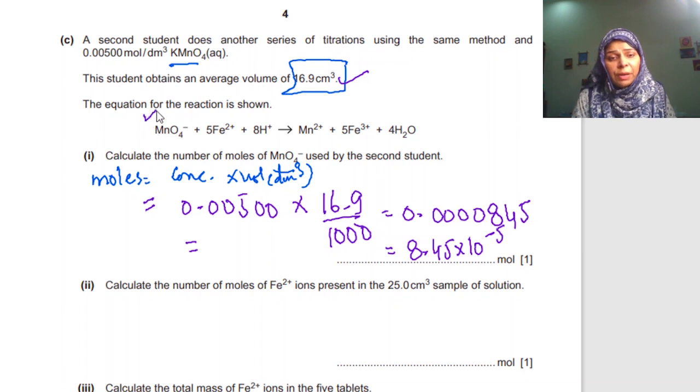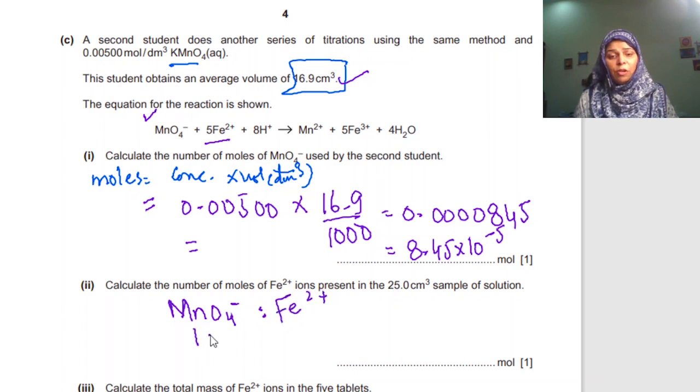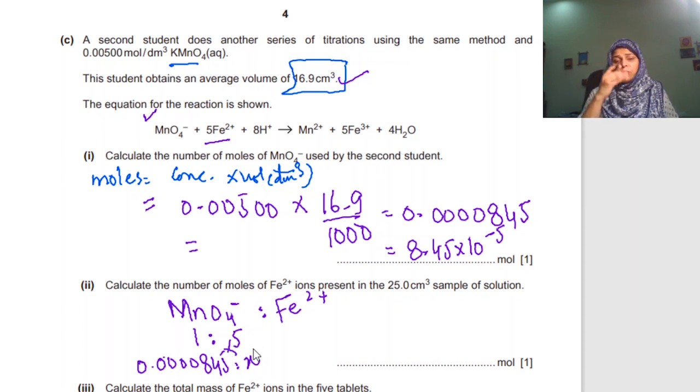We know the moles of MnO4-, through which we can calculate the moles of Fe2+. So in the reaction, if we have to move towards the next compound, then we will use the ratio method. Okay, we will use the ratio method between manganate ions and iron ions, Fe2+ ions. One mole of manganate ions reacts with 5 moles of iron. If we have 0.000845 moles of manganate ions, how many iron ions will be present over there?